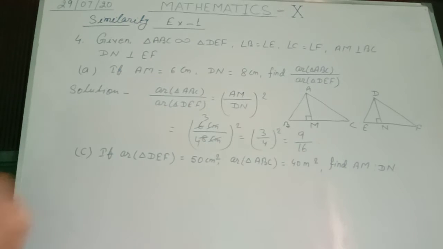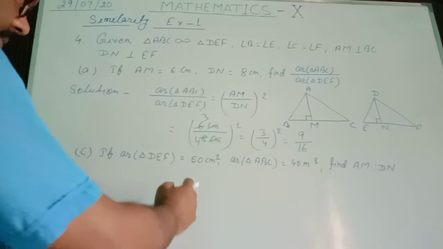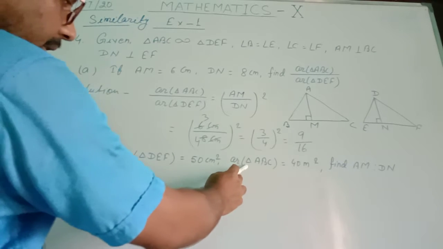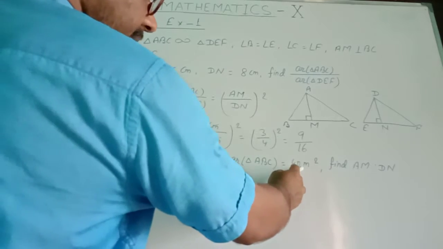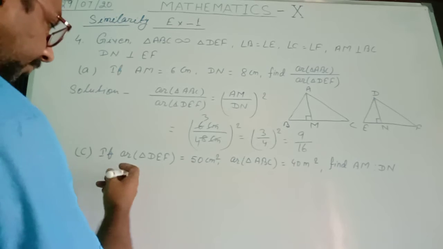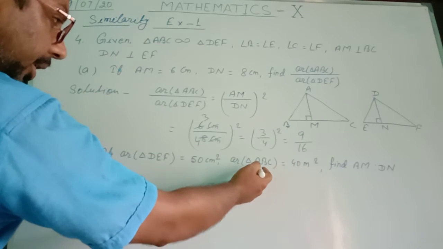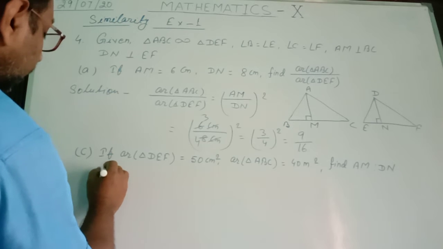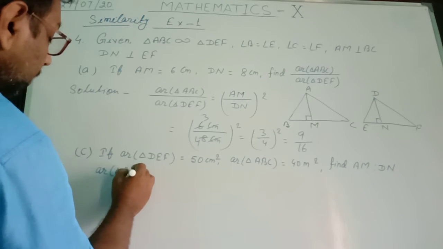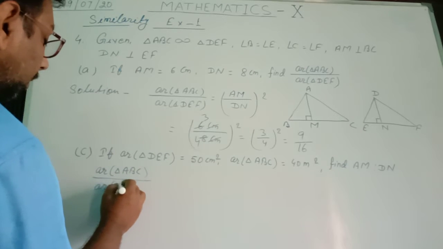In question number C, given informations are: if area of triangle DEF is 50 centimeter square, area of triangle ABC is 40 meter square, find AM is to DN. So we write AM is to DN. So we should write ABC as the numerator, area of triangle ABC by area of triangle DEF,